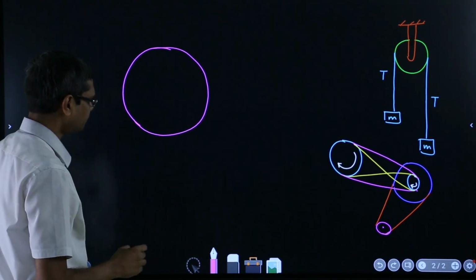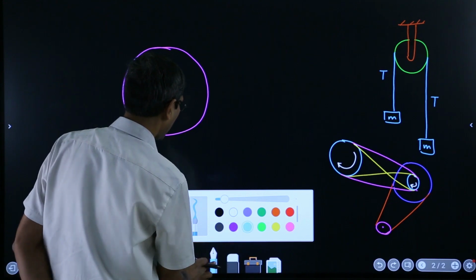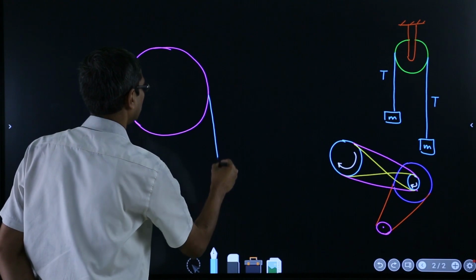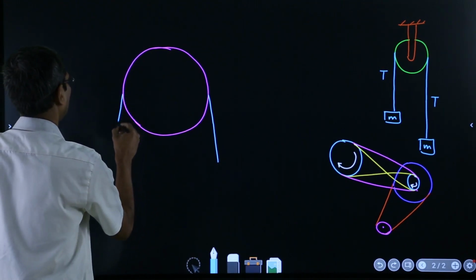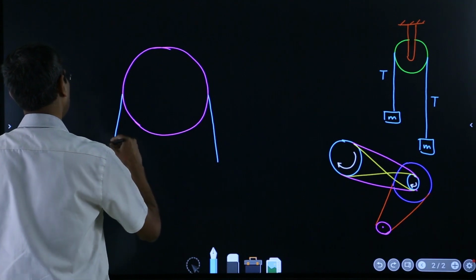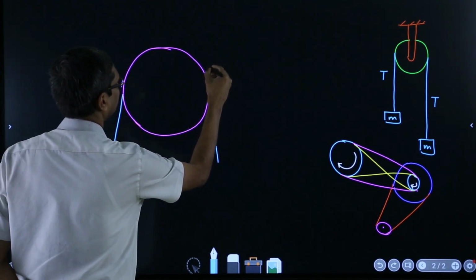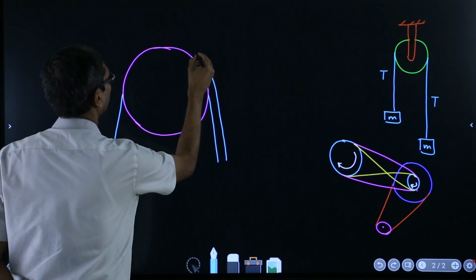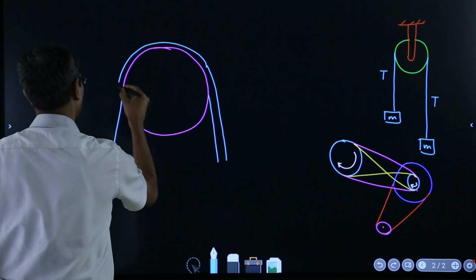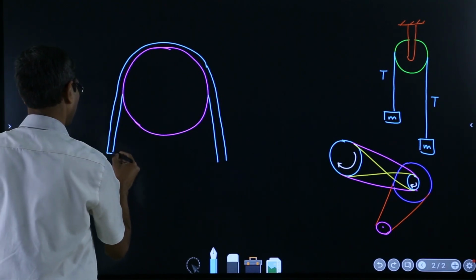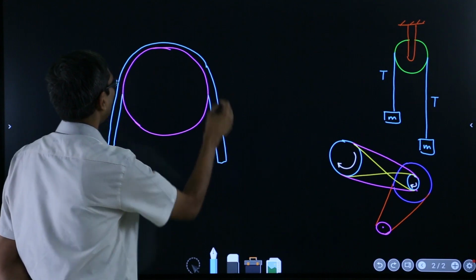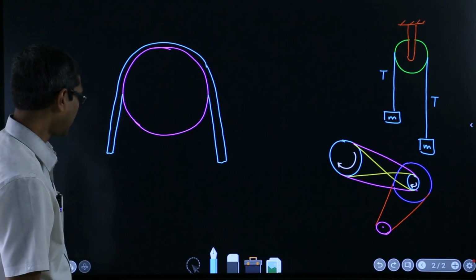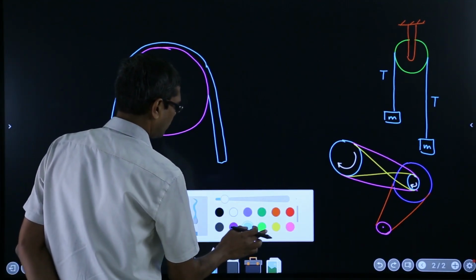Suppose you have a pulley here and we have wrapped somewhat like this, two belts, like that. Okay. So it's a belt which is wrapped on this pulley,